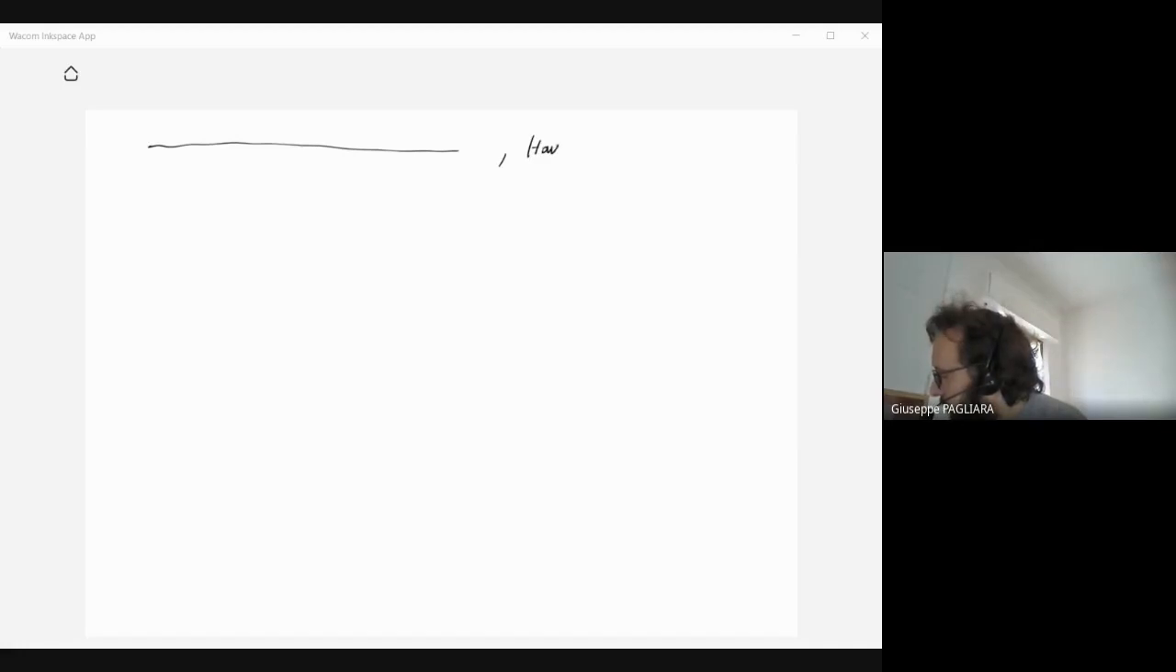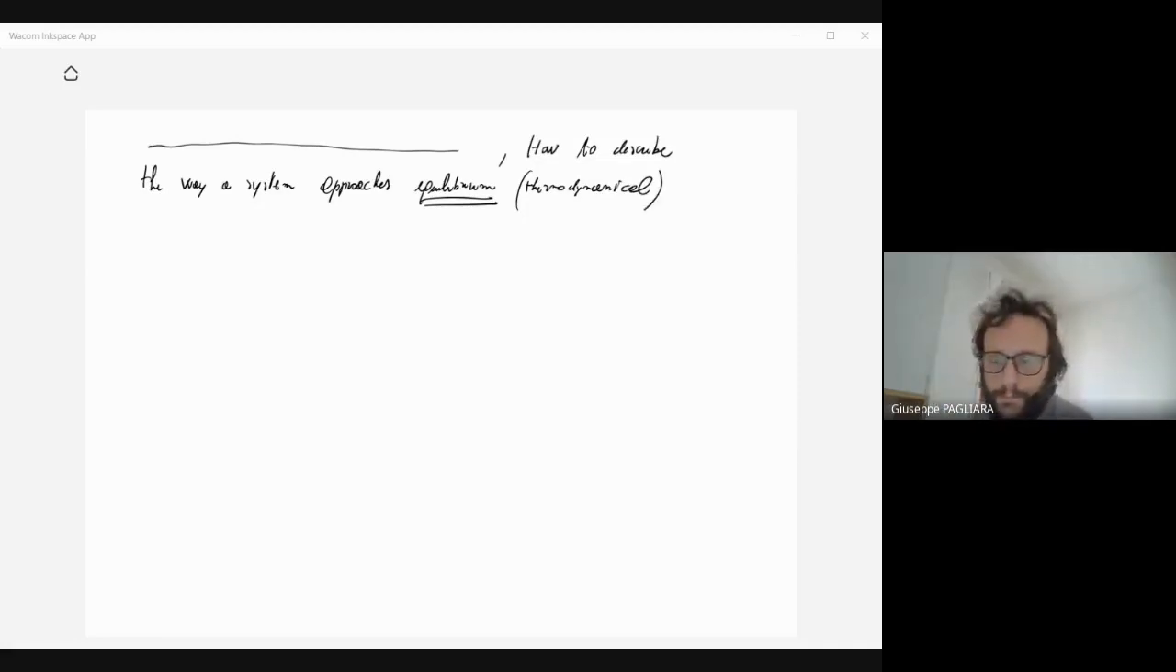How to describe the way a system approaches equilibrium. Well, this is thermodynamical equilibrium, of course. And in particular, what we will see